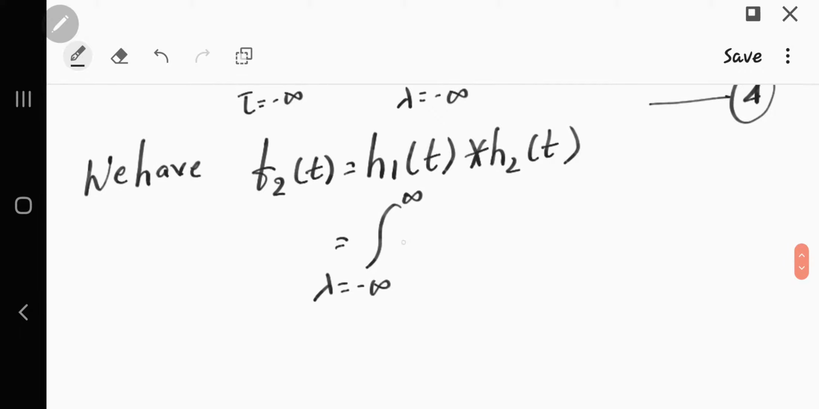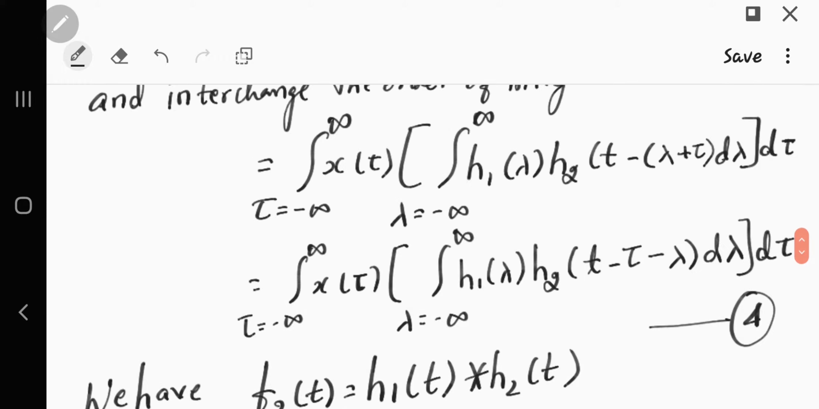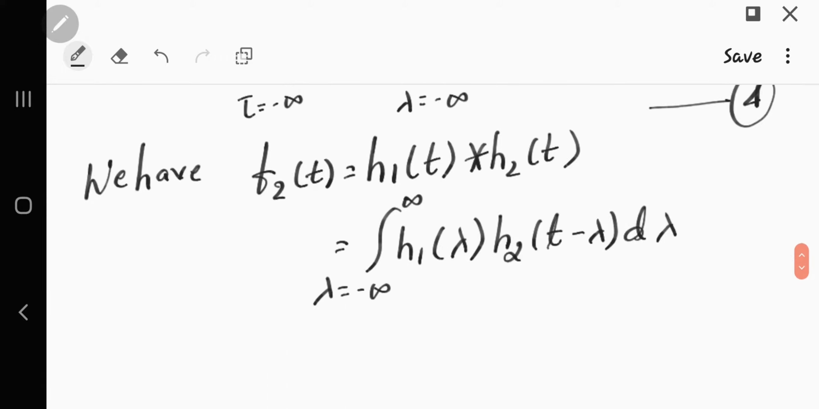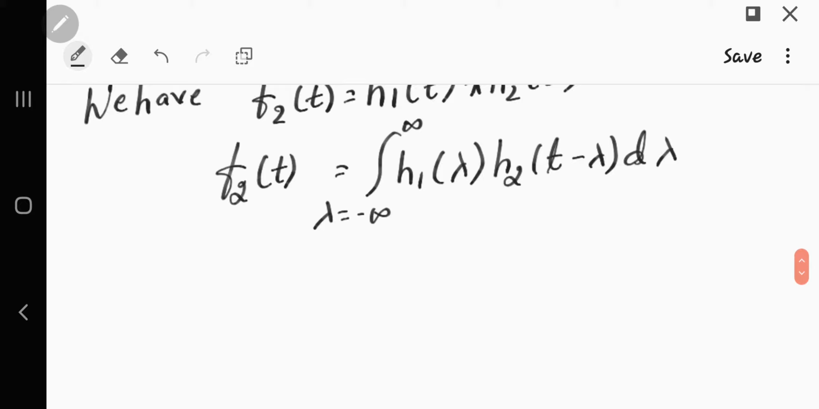So lambda varying from minus infinity to plus infinity, h1 of lambda h2 of t minus lambda d lambda. So the integration variable here I'll take lambda. Since the system possesses linearity and time invariant property, we can write it like this. See, if f2 of t gives the expression like this, what if I use the time invariance property and give the input f2 of